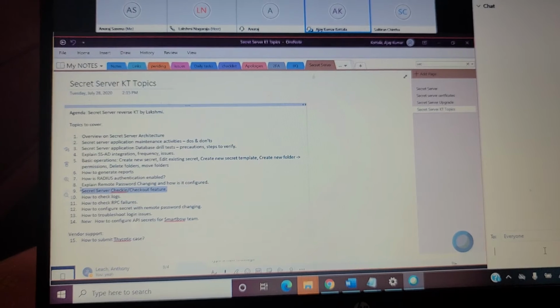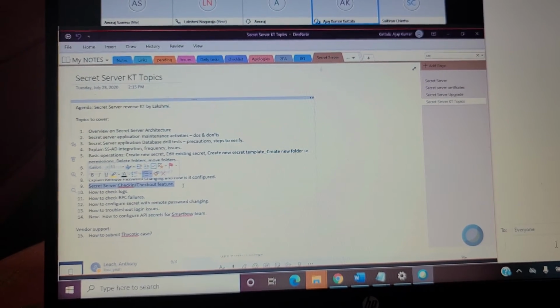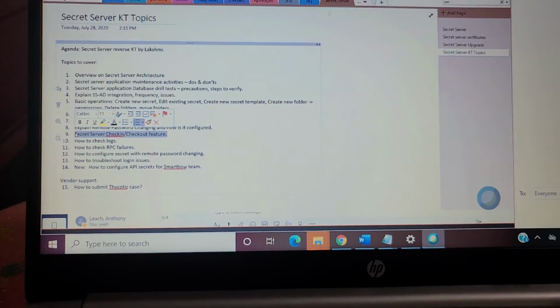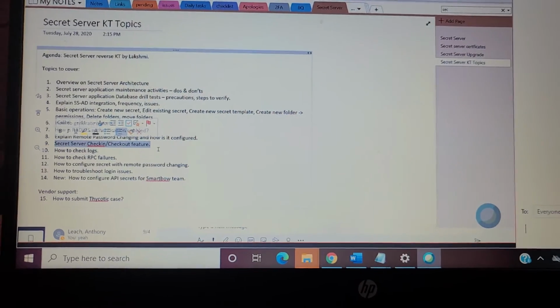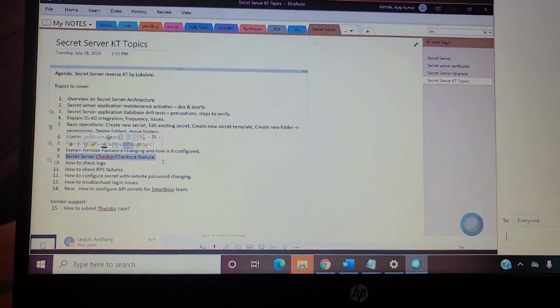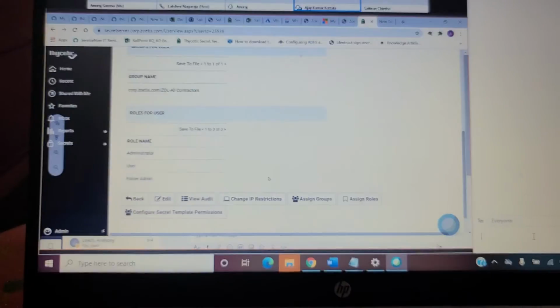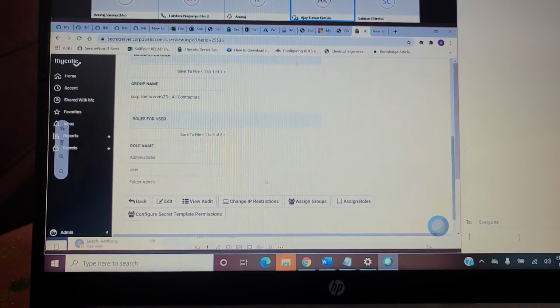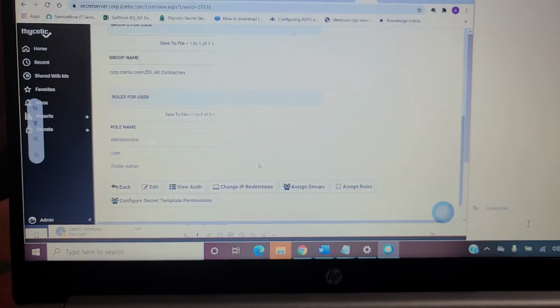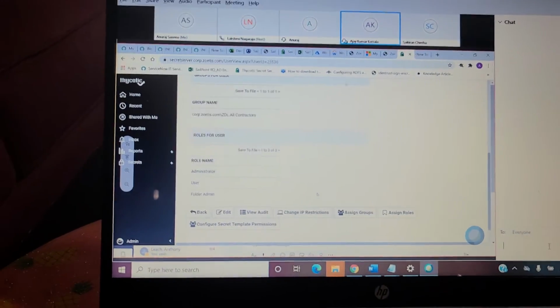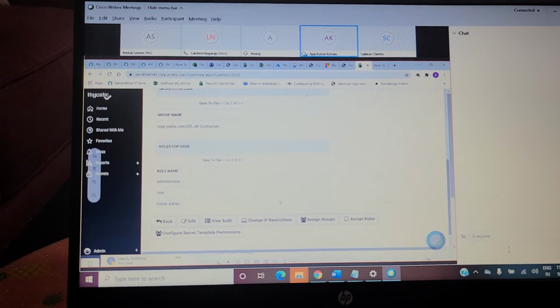The check-in and check-out concept, Tasha has told you. If you want me to tell, I can tell you how this check-in and check-out concept works. I'll just give a 1 minute overview. For example, there is a Windows team which does a patching activity. They'll use the same password. For example, you use the same password, and even I might leave your system, and I might see your password, and that is an admin password. If I do something with your password, that will be a loss, right?